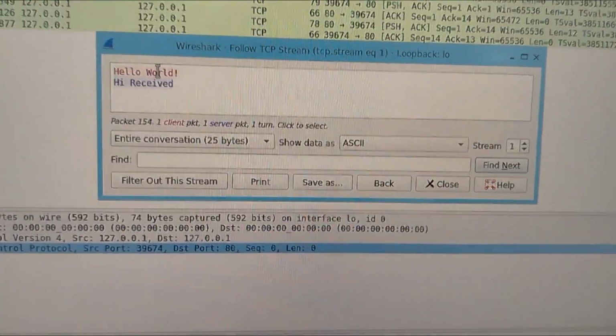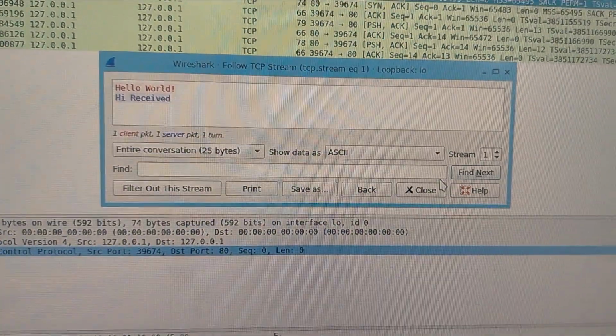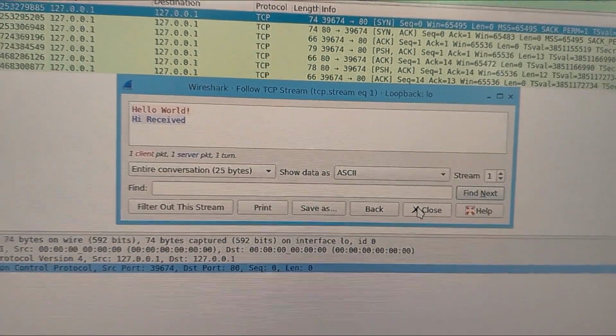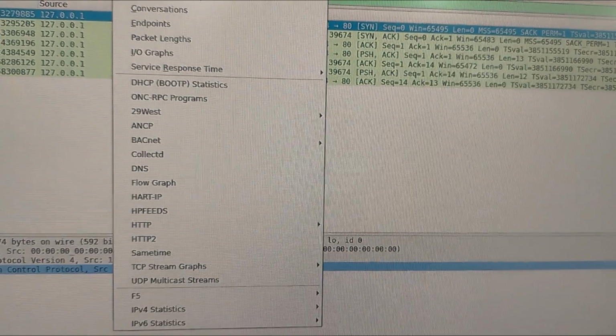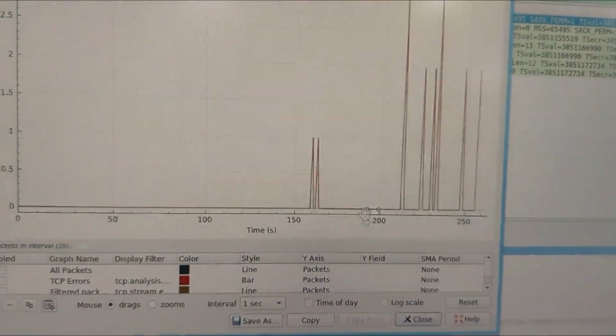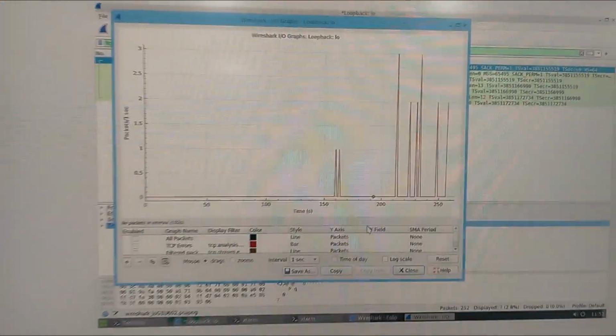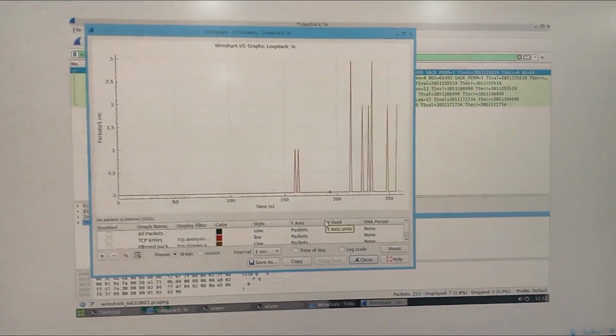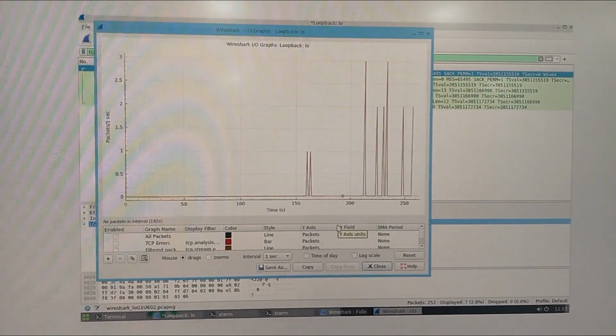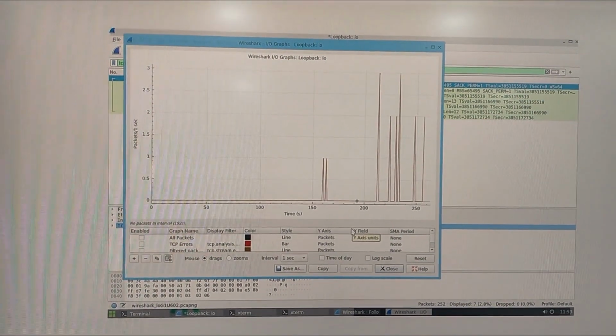Getting the payload. You can also see the data that is received. So this kind of setup would be very much useful for engineering students to understand computer networks.